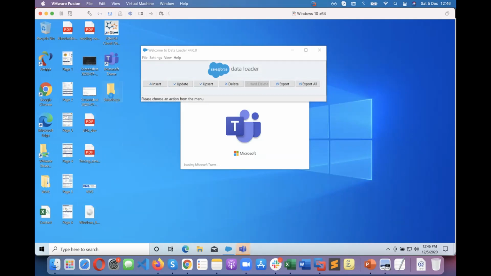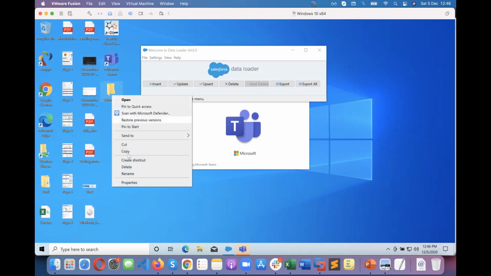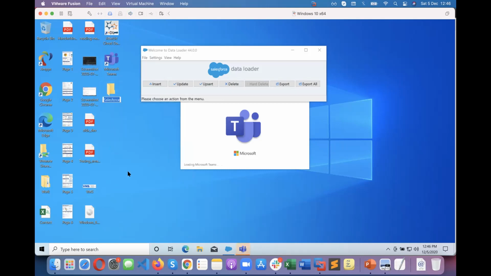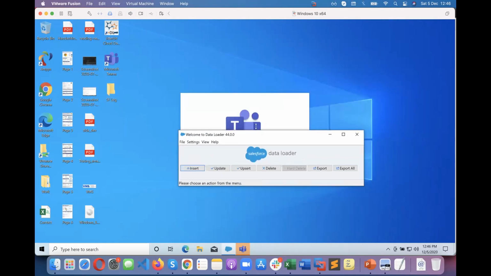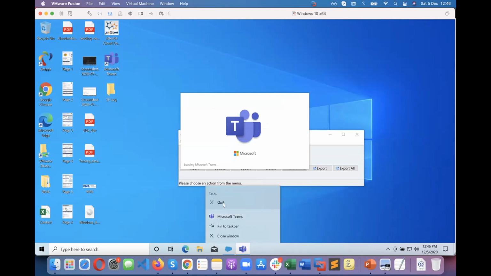Or rename it SF data log, SF log. I don't know why I clicked on Microsoft Teams, but it's loading. Just give me a minute. I'm going to close this.